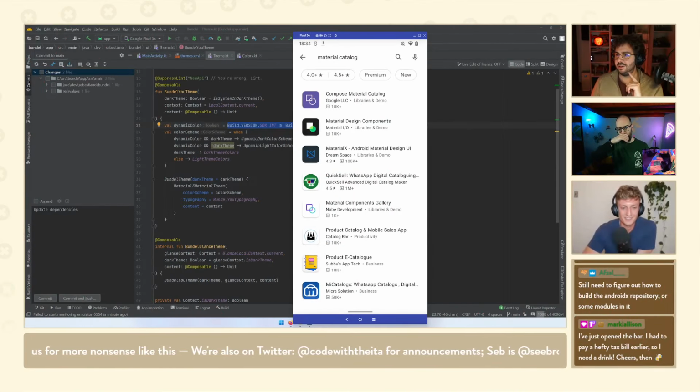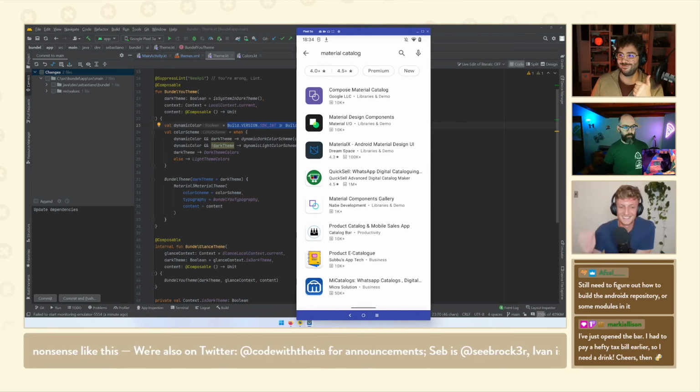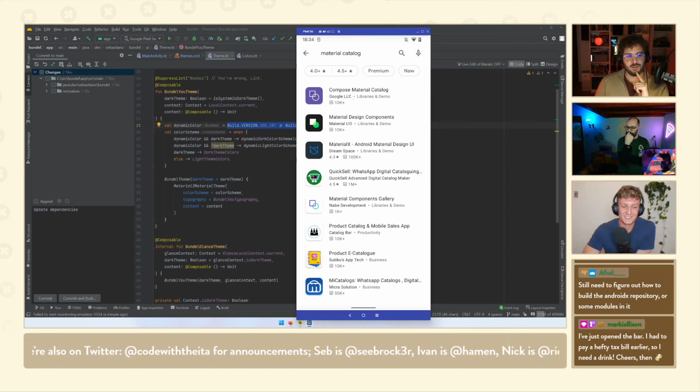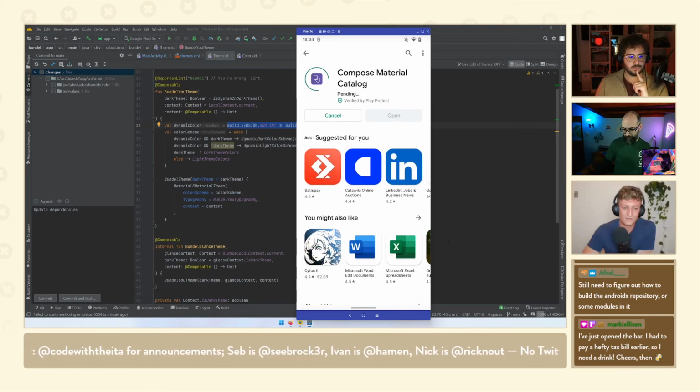But I see on screen I have given up on the emulator, because apparently I don't remember the test account password. But I have a Pixel 3, so Visor to the rescue. Nice. Very nice. So it's the first one? Yep. So yeah, this is the catalog app.